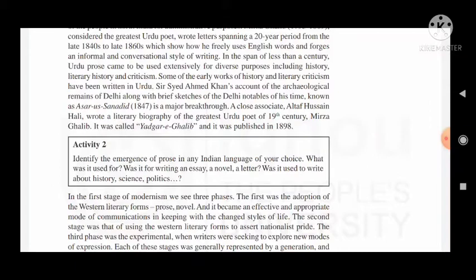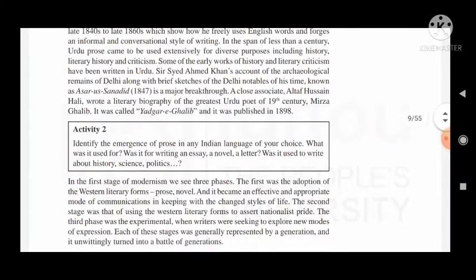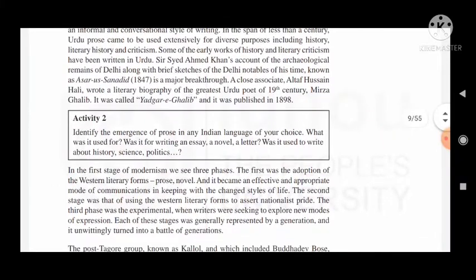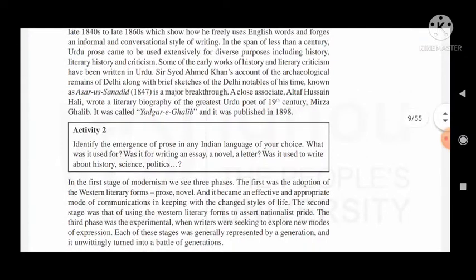In the span of less than a century, Urdu prose came to be used extensively for diverse purposes, including history, literary history and criticism. Some of the early works of history and literary criticism have been written in Urdu. Sir Syed Ahmad Khan's account of the archaeological remains of Delhi, along with brief sketches of the Delhi notables of his time, known as